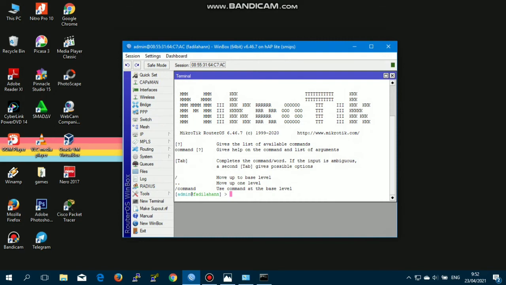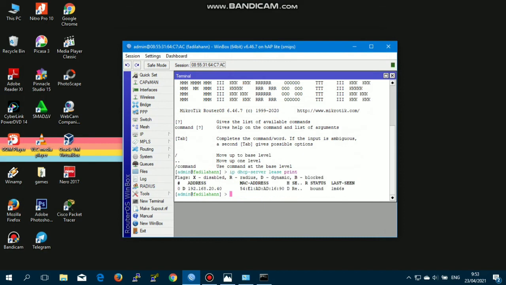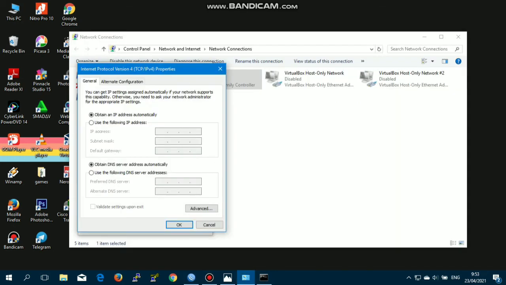Then we can also check it by using the command IP DHCP server lease print. It can be seen that the client is connected to the IP address 192.168.20.40 with dynamic status.